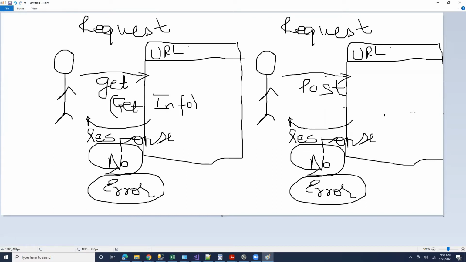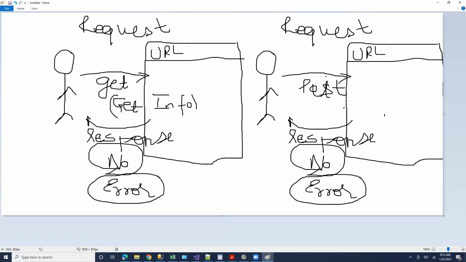POST is almost the same as GET from a practical point of view, but here you are giving some additional information and saying, okay, take this information and use it somewhere. A more formal way of doing this is actually called a PUT request, but GET and POST are more ubiquitous, so we'll just stick to that.